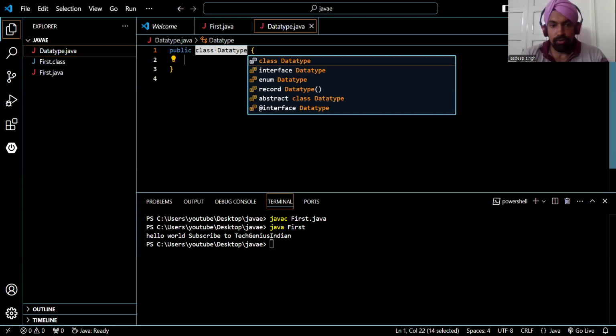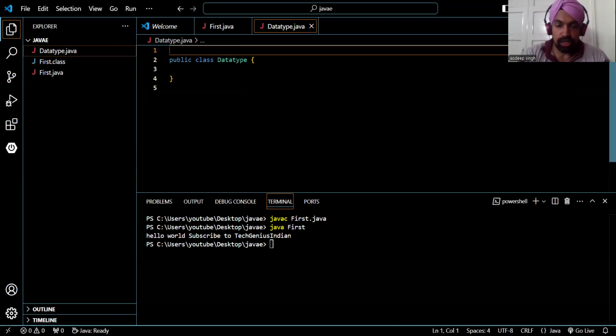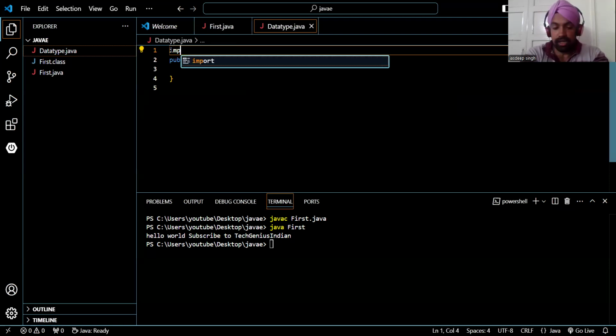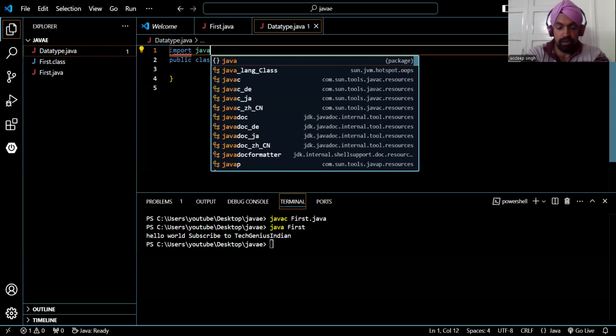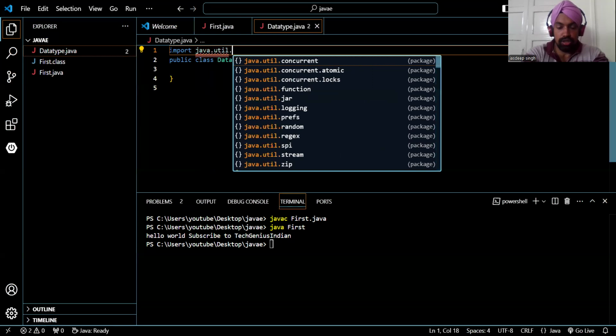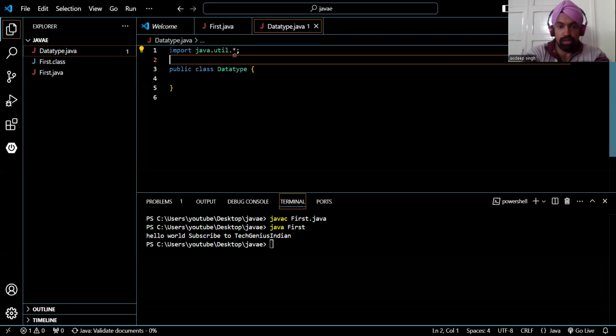All right, so now you might have seen that basically we have gone for that. Before going on, we just have to understand the concept. To understand the data types, we have to import a package. Now, what do you mean by the package? Package over here means just a kind of library for the Java compiler. So we are just writing import java.util.*;